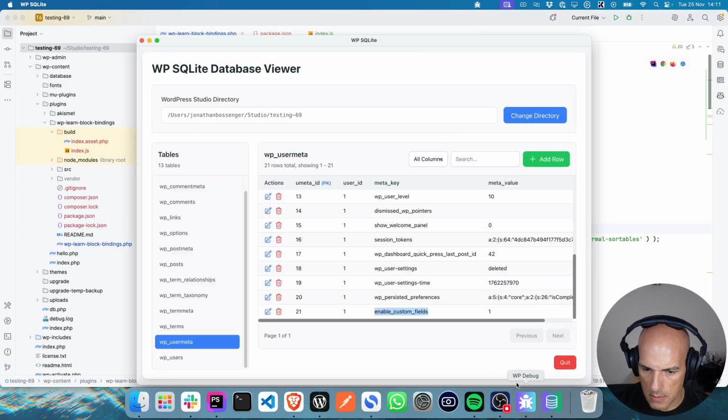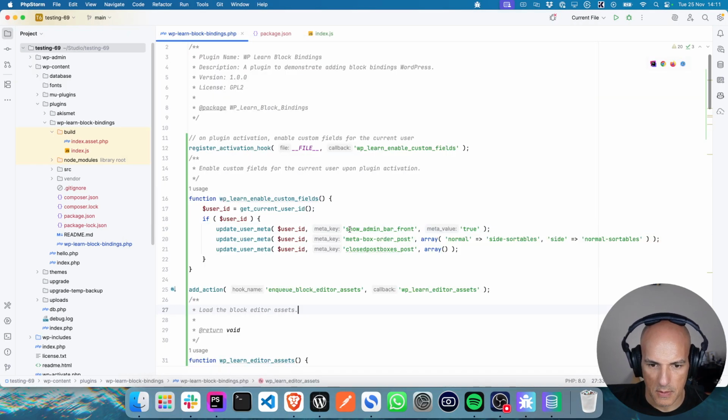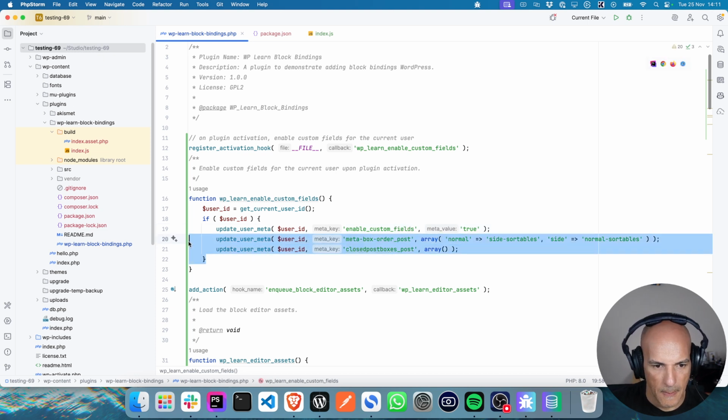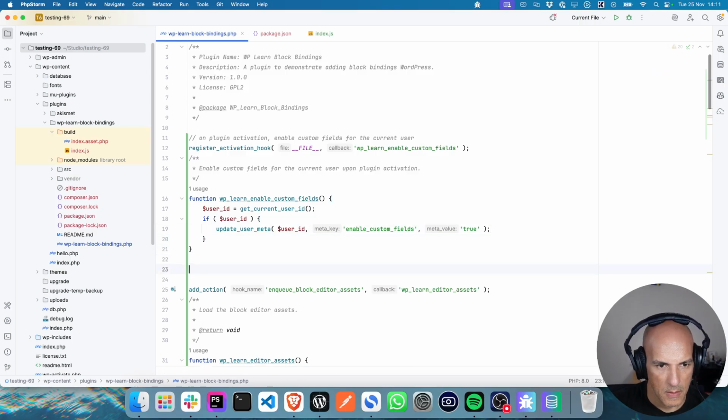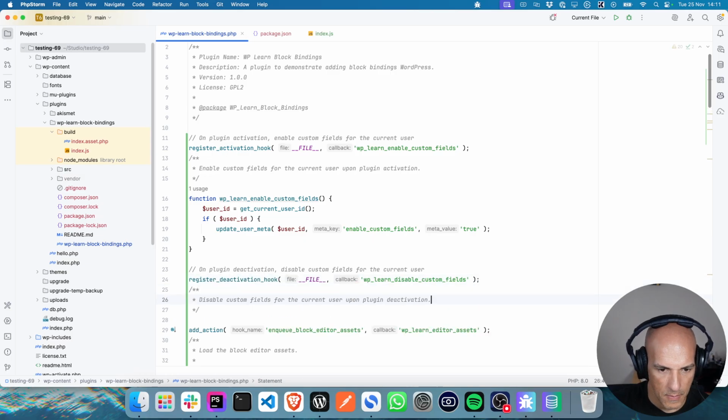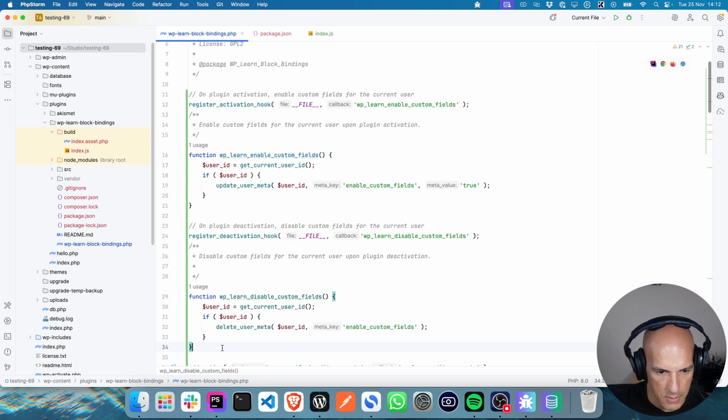Enable custom fields. That should do it.